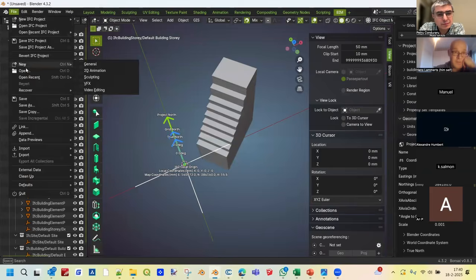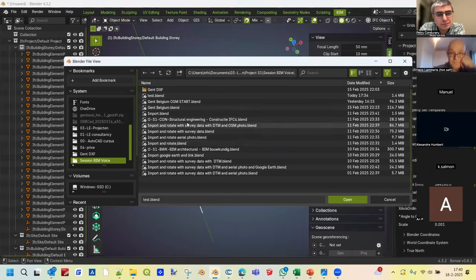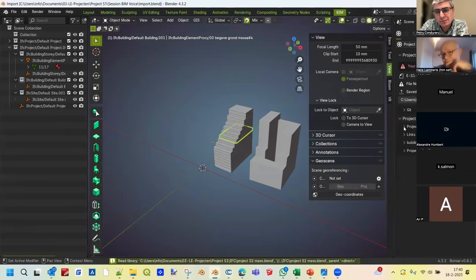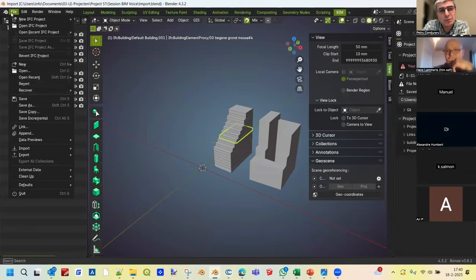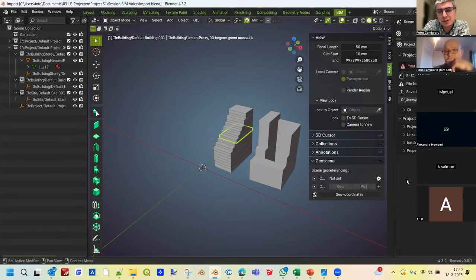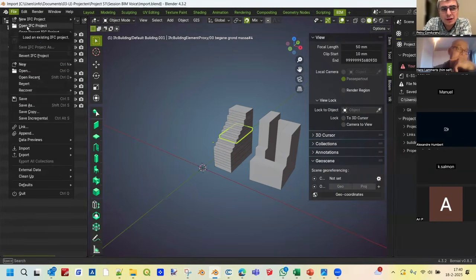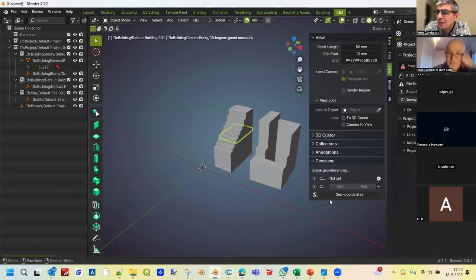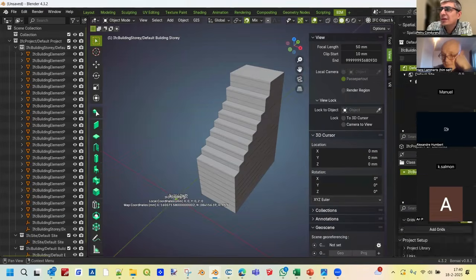File, open, import. No, if you open a blend file, you will not see it. You have to open an IFC, right? Open IFC project. Not from a blend file, it will not show. You're right. Georeferenced, open. Okay, then we go to the